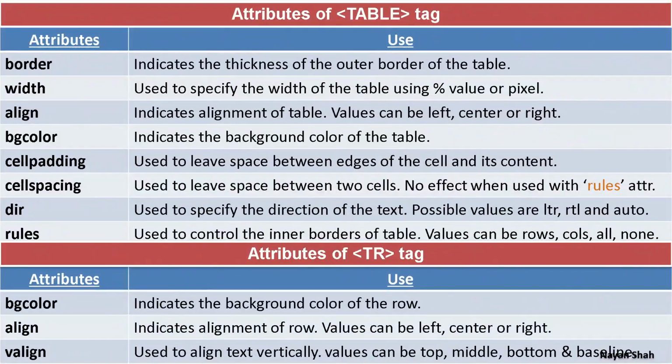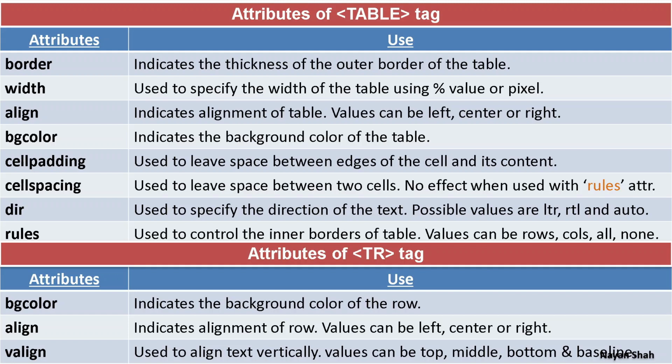There are some other interesting attributes of table, and you need to understand all these attributes. The first attribute of the table tag is the border attribute. If you don't use the border attribute with the table tag, then the table will be displayed but without any lines, so it won't give the feel of a table. So if you want a proper table display, you must use the border attribute. And the value of the border attribute decides the thickness of the outside border of the table. The greater the value, the thicker the border.